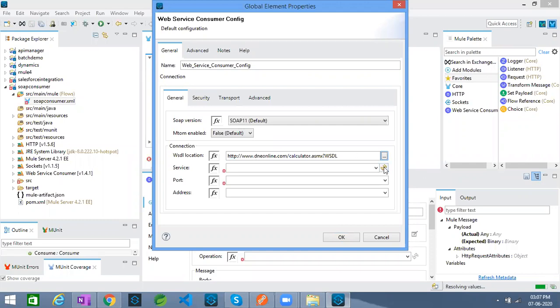As and when you put the WSDL location, the service, port and address values will be populated automatically. It is taking some time. It will load automatically; we really need not give them on our own. Still resolving the values.